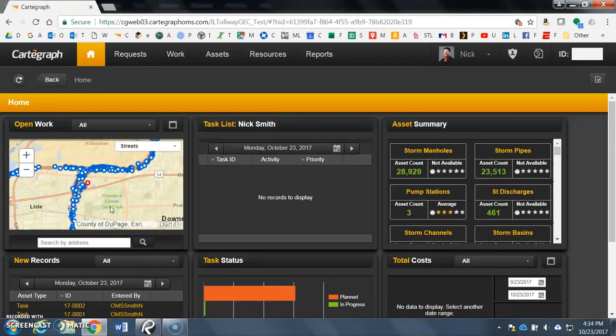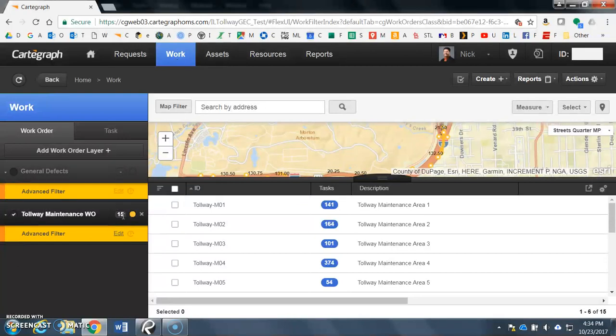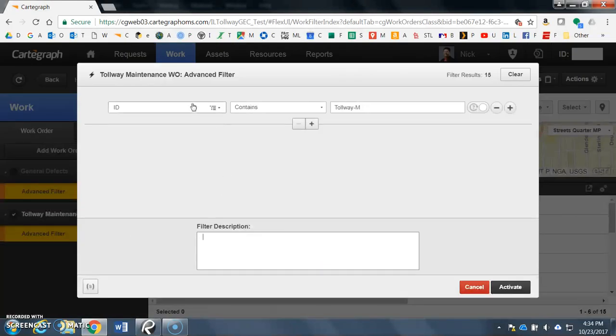Let's take a little deeper dive into the work order process, shall we? So I'm going to click over here and show you one of the filters I've already created. I want to know what all the tollway maintenance work orders are. The filter I've created to figure that out basically says the tollway or the cartograph